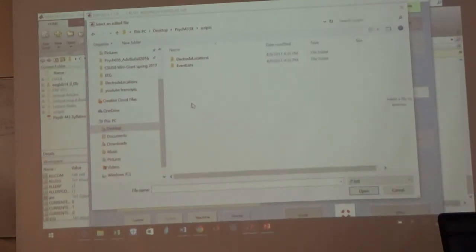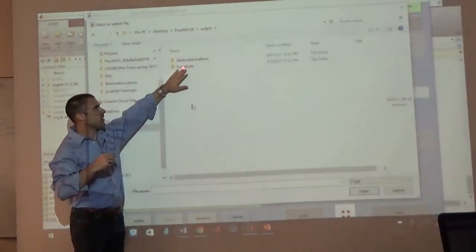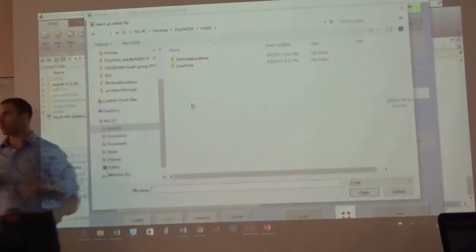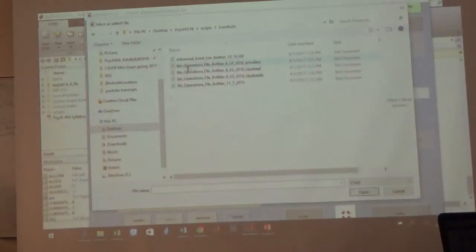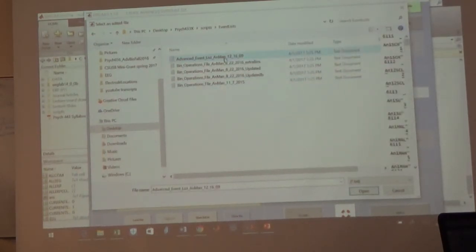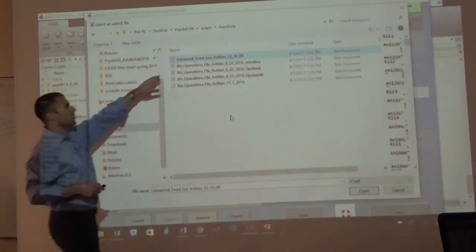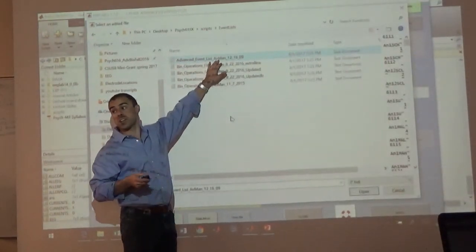Okay? Now, as you might imagine, we're going to be finding an events list. So you're going to come into that folder for events list. You're going to have a couple options here, but what we're going to do for now is let's just grab this top one. It's the one that should say Advanced Events List, and man is short for our experiment using animacy and